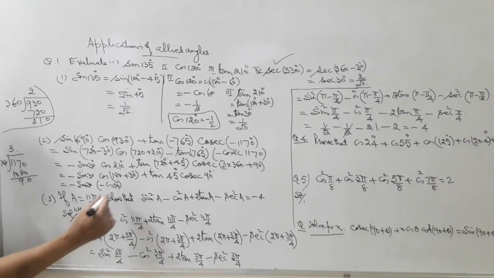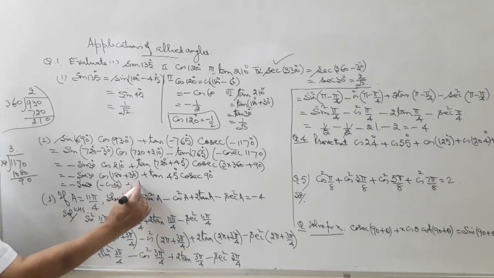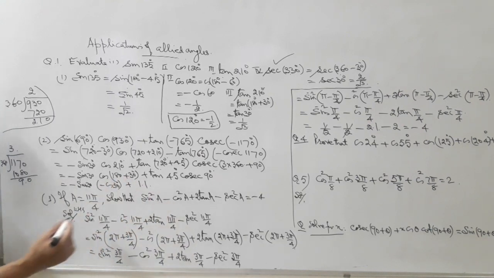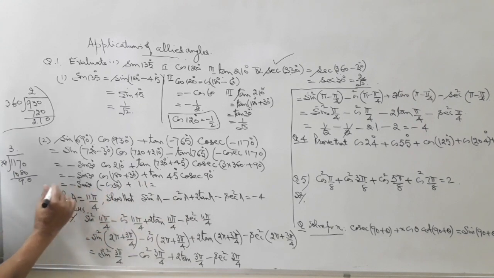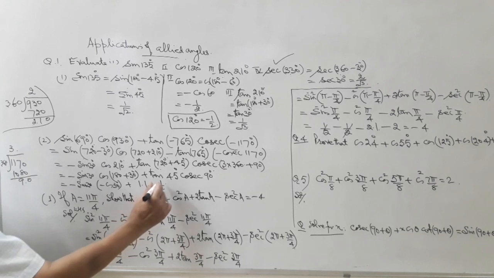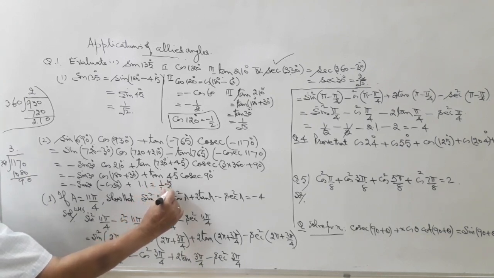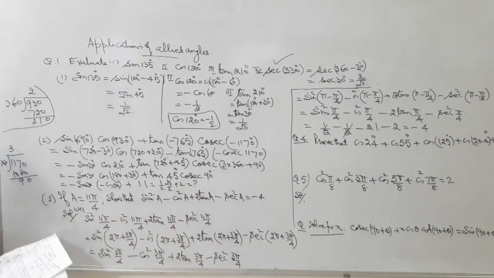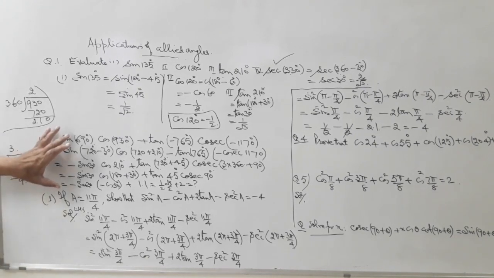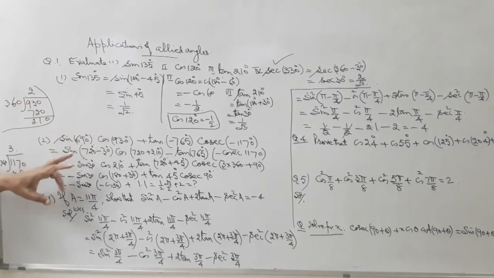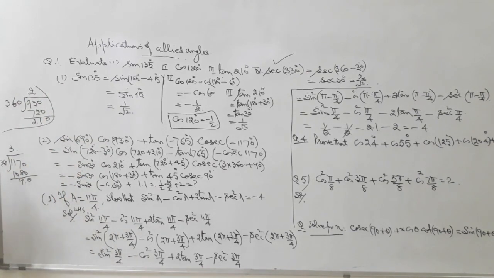Okay? Then plus tangent of 45 is 1, cosecant of 90 is 1. Therefore, it is equal to, like minus is plus, sine 30 is half, cos 30 is root 3 upon 2, plus 2. So whatever it is, then you can simplify, that becomes the value for this case. Now this is the way how we evaluate if we have more than say 360: divide actually and find out the number of revolutions, simplify.